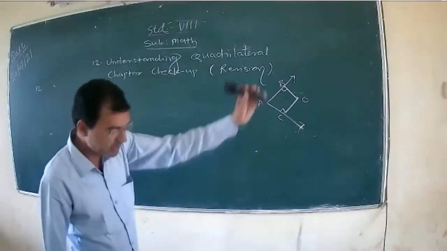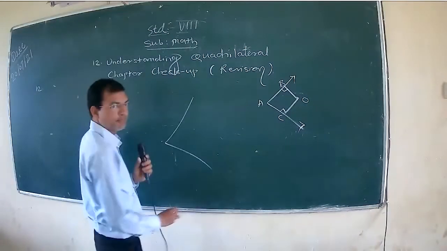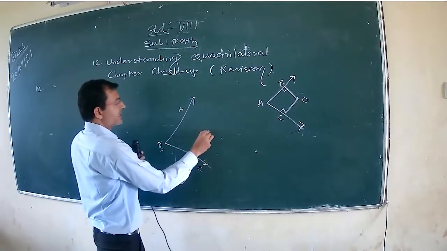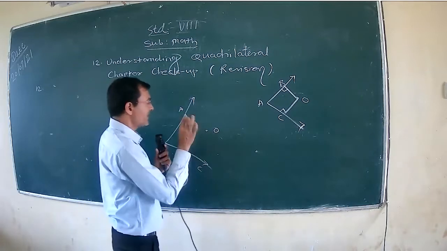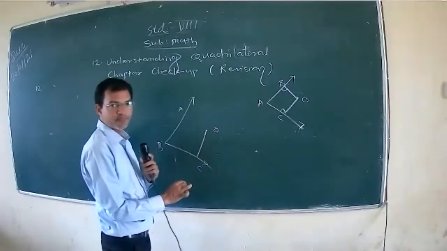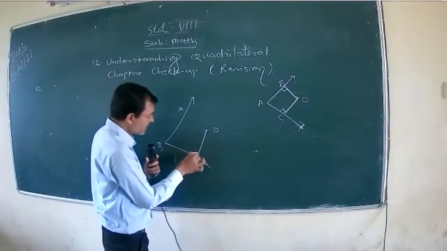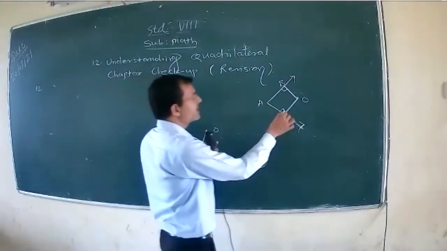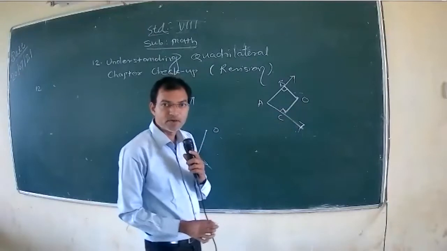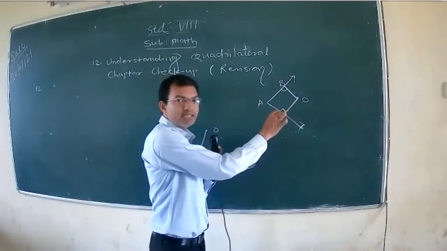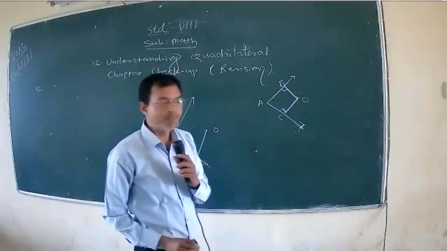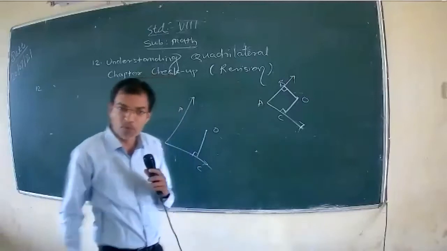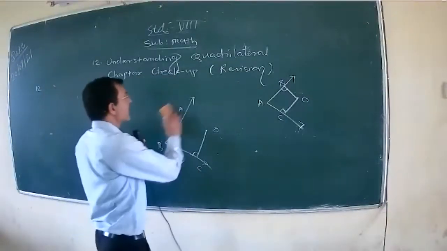Angle B. Now listen here, O is the interior point of angle ABC. Here the diagram is like this. Suppose this is angle ABC, and O is the interior point. If you draw a perpendicular on it, then what is the angle? Perpendicular, 90 degree. This is the right angle. I have drawn a small square here. The measurement of this right angle is 90 degree, and this is also 90 degree. Both angles are right angles.